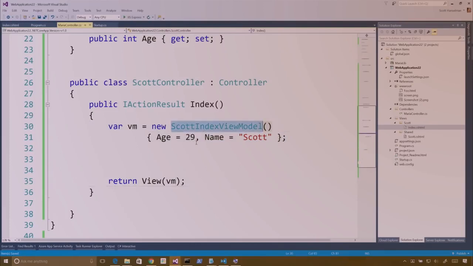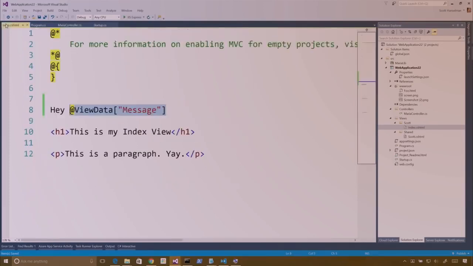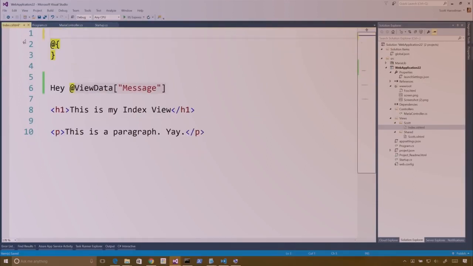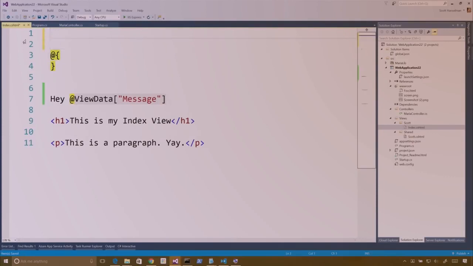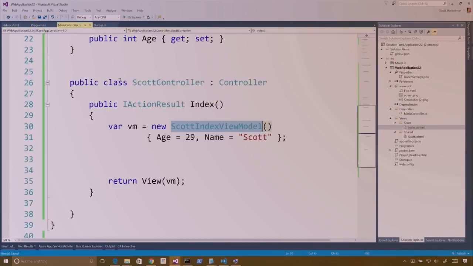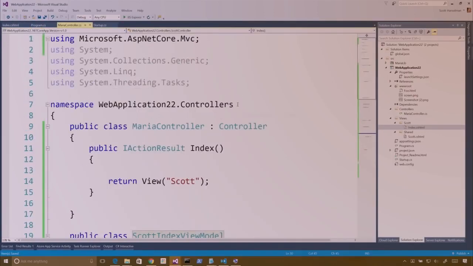So let's hand that to the view. And we know it's called, in this case, a Scott index view model. We could call it whatever. I'll go back over to my index page. And I'm going to say @model, pass in Scott index view model. And I may need to include